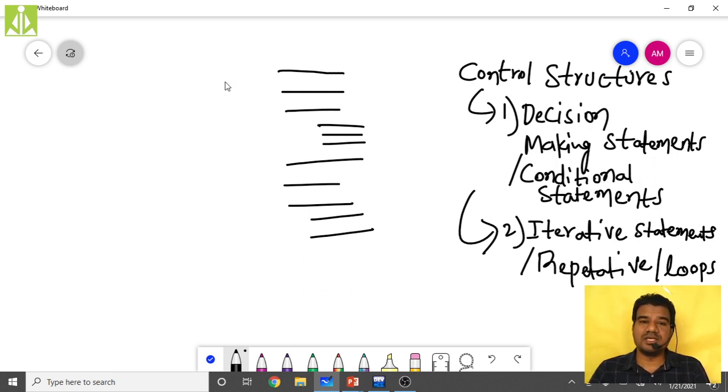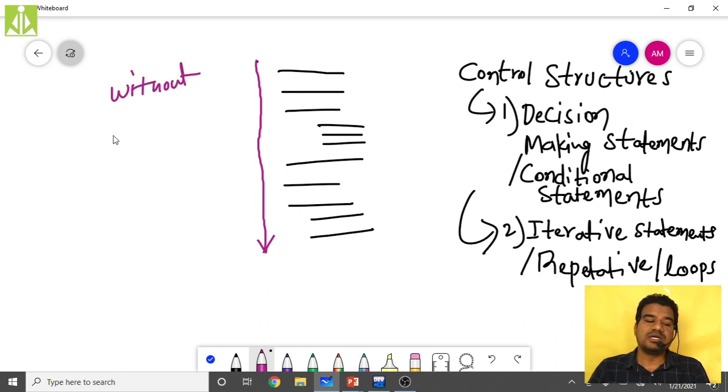What do you mean by sequential? Sequential means it will execute all my statements from the beginning to the end in sequential order. It will start from the beginning, continue with all these statements and stop at the end, without skipping any statement and without repetition.